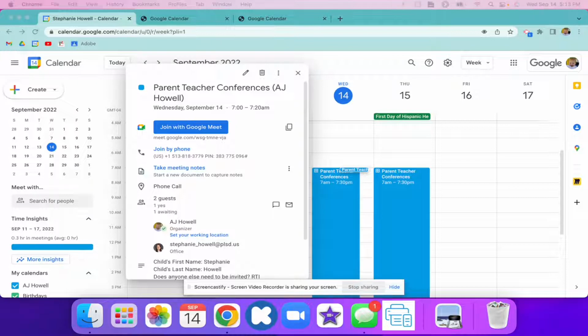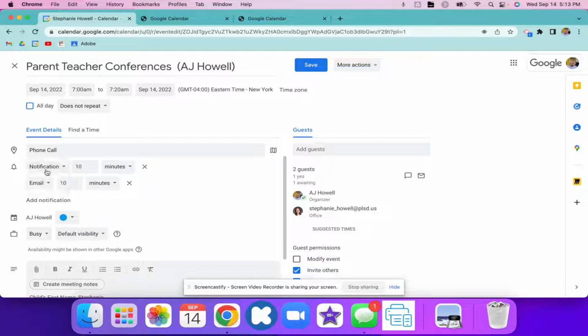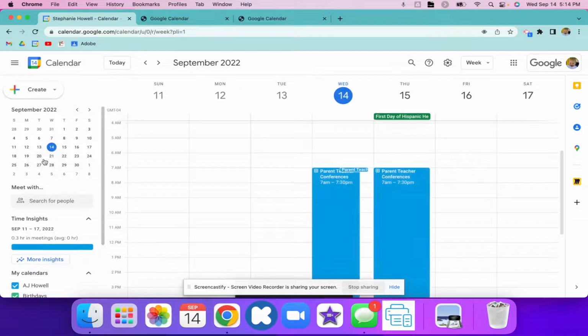Now, there are some other tips. If you need to, you can go in here with this little pencil, and I can set up so that it would be a notification 10 minutes before. I could add a notification so my parents get an email 10 minutes before, and I might do an email here, and I might do one day before the event. So that way, if they need to cancel or let me know of something, they can do that, but they're also going to be notified. So if you want to set some of those up, you're able to individually do that for conferences,